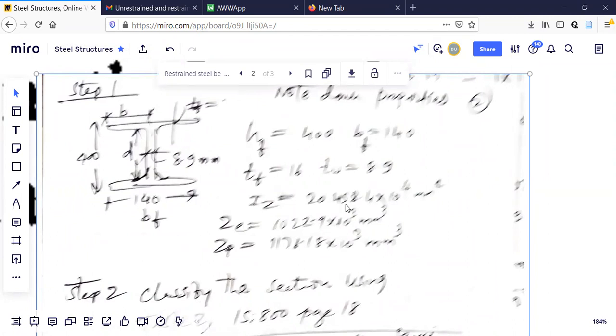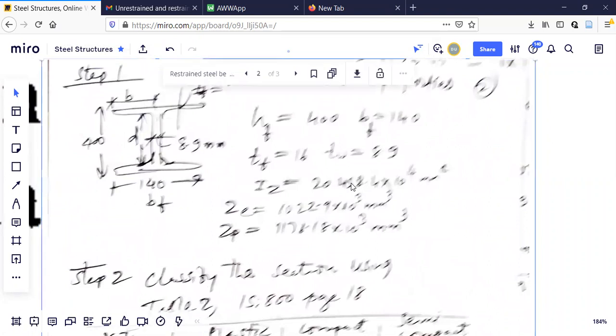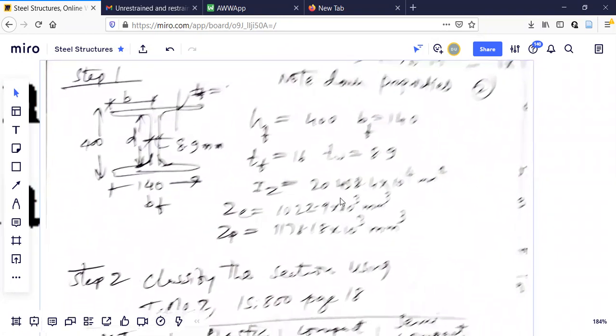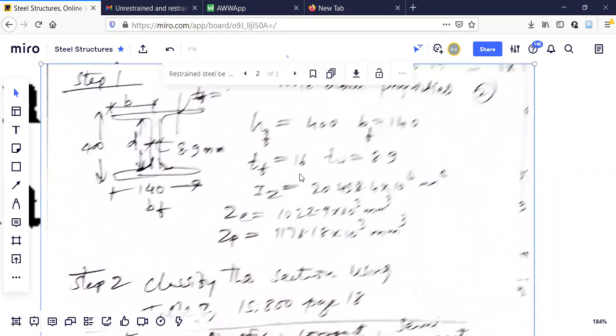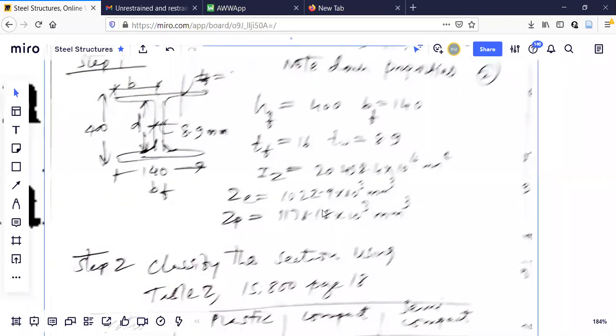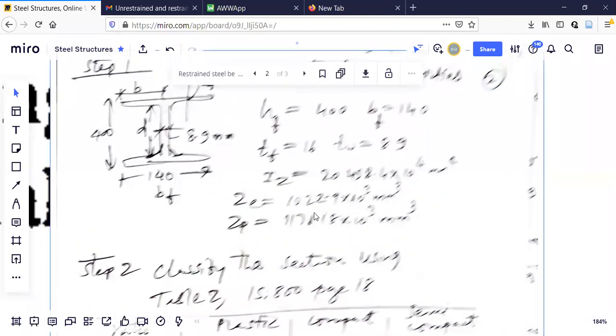I think the image is a little bit blur, but just see this one. It is nothing but the figure I have drawn after referring to the steel tables. 400, thickness of the web 8.9, and 16 mm is the flange thickness. It is a little bit blur. I will share the notes. These notes I will be giving you, even though it is for 6 mm. ZE, ZP, you note it. All the geometrical properties are noted here.